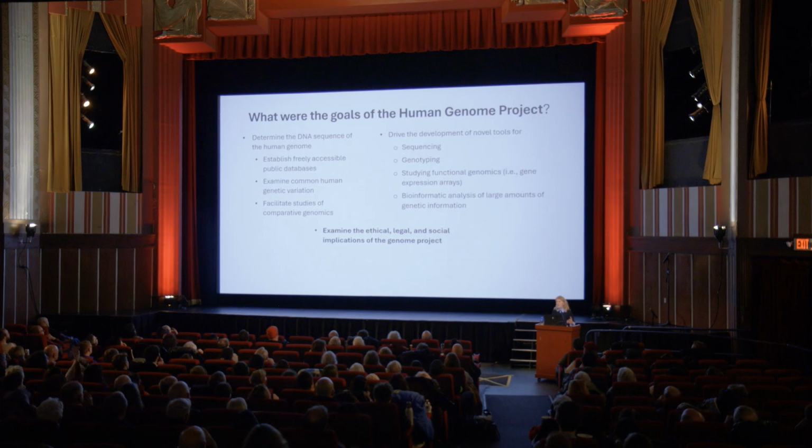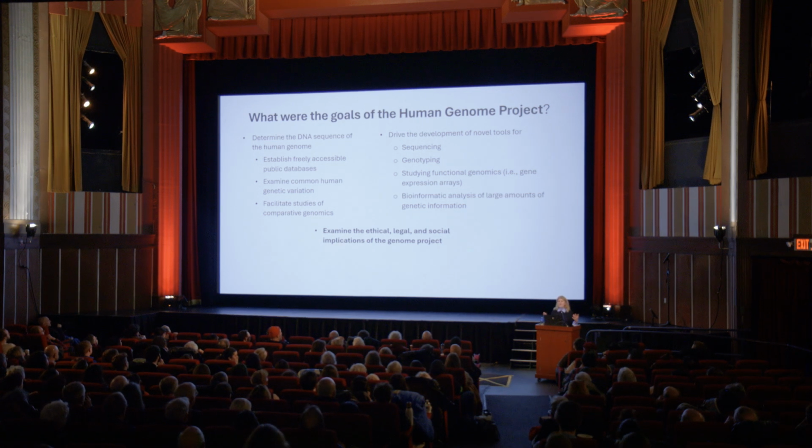And so what are the goals of the Human Genome Project? Briefly, the main goal was to determine the DNA sequence of the human genome, because the idea was that if we understand how the genes work, then we can fix it and make medicine, help people, public health, treatment, etc. It was also there to have all this data freely accessible in public databases, because it was done with taxpayer money, so of course it's free.